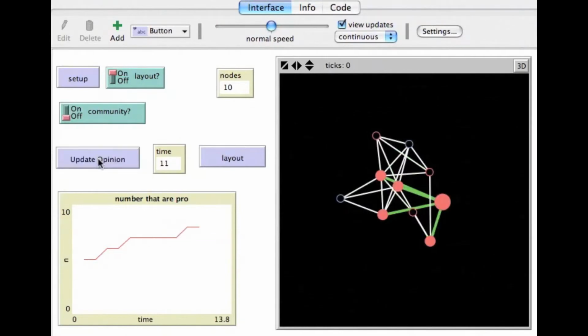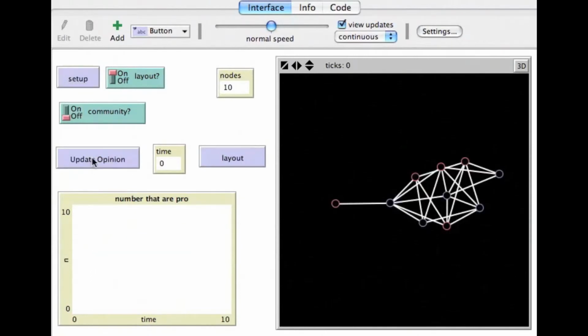As I click, you can see the number of red and blue nodes changes, and if I keep clicking, eventually we come to a solution where everything has gone red, and you'll see it took 15 timestamps to do that. So let's do that one again. We'll reset as a random network, and I'll click on Update Opinion until we come to a single solution.